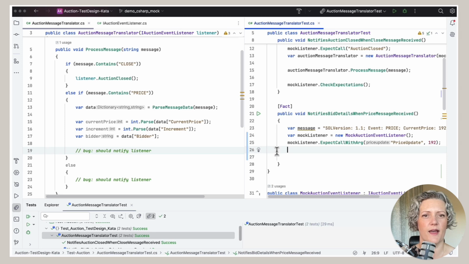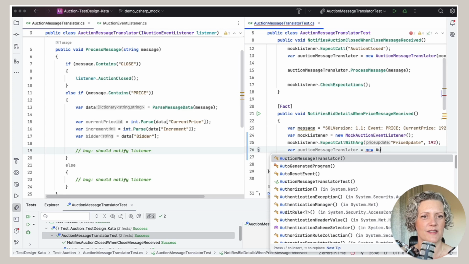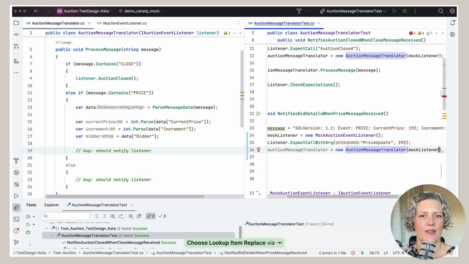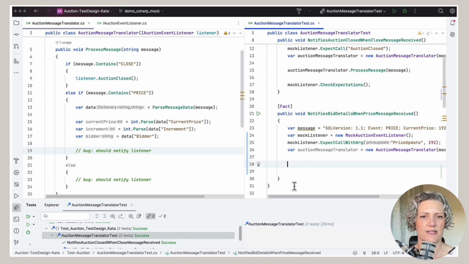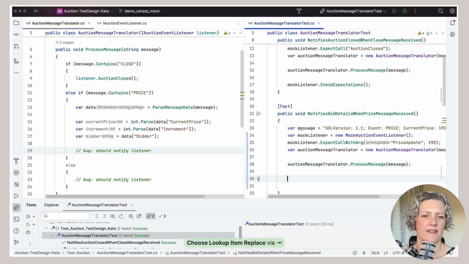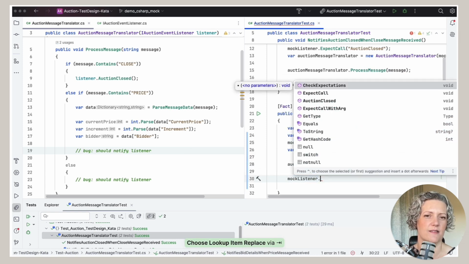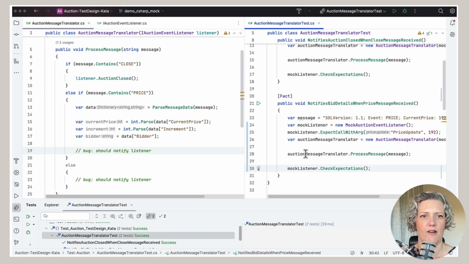Let's add the rest of the test case here. So we need the class and a test. We need an instance of that. And we're going to pass it the mock. And then we're going to do the act step where we call process message and use this message that I prepared earlier. And then again, at the end of the test, we do need to just tell the mock to check the expectations. Okay, so now I should be able to run this test, and I'm expecting it to fail